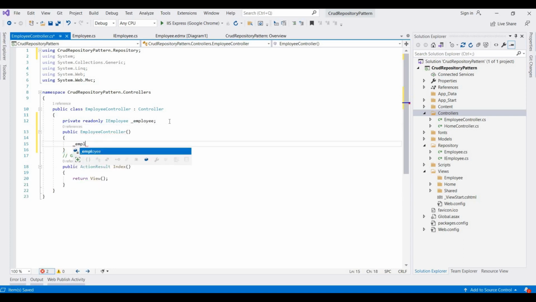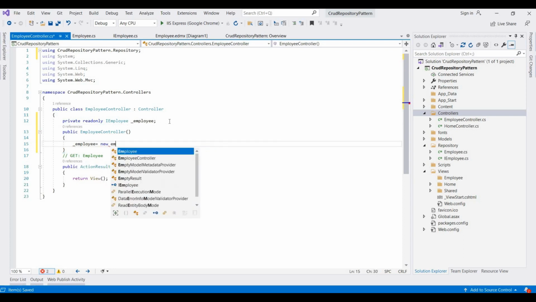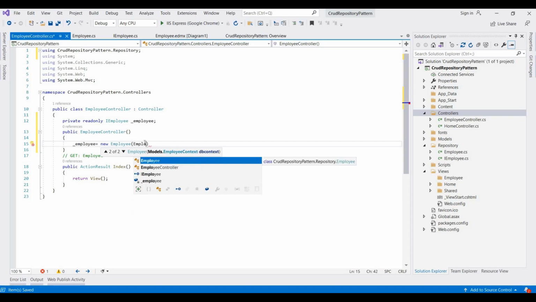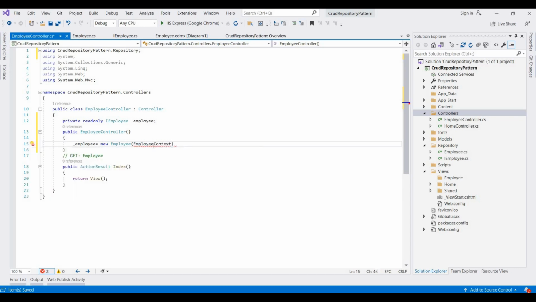It's employee equal to, we need to instantiate these values with the employee context entity data model. So here this will contain two objects. It's employee context. Need to add namespace for this,